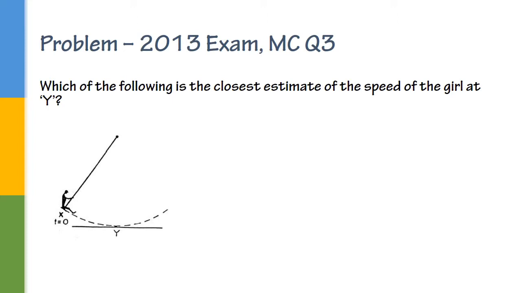So question 4 states, which of the following is the closest estimate of the speed of the girl at Y? Now when we're talking about speed, that's got to scream out kinetic energy. So at some point we're going to have to switch out from this gravitational potential into kinetic. Now at point Y, which is the point talked about in the question, this is our equilibrium. So therefore the total energy of the system is equal to mv squared on 2, which is our formula for